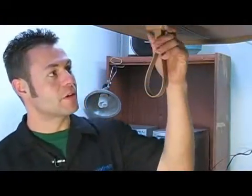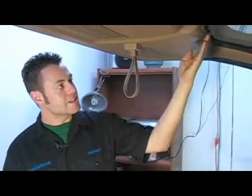Today we're changing a rear latch on a 96 Ford Explorer. In this step, I'm going to demonstrate the proper procedure for removing a grab handle and any other cosmetic